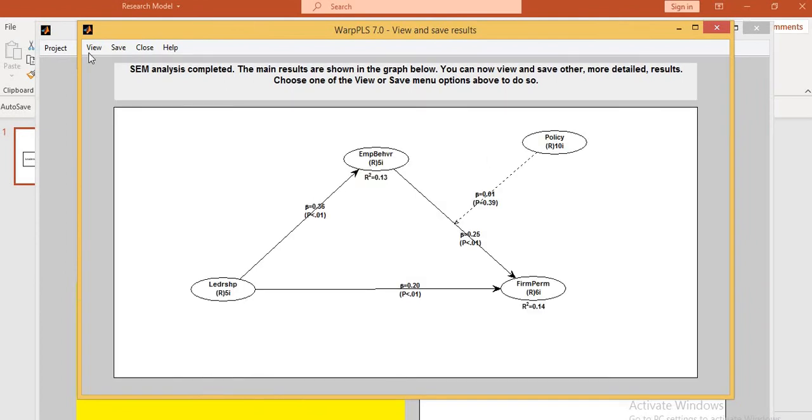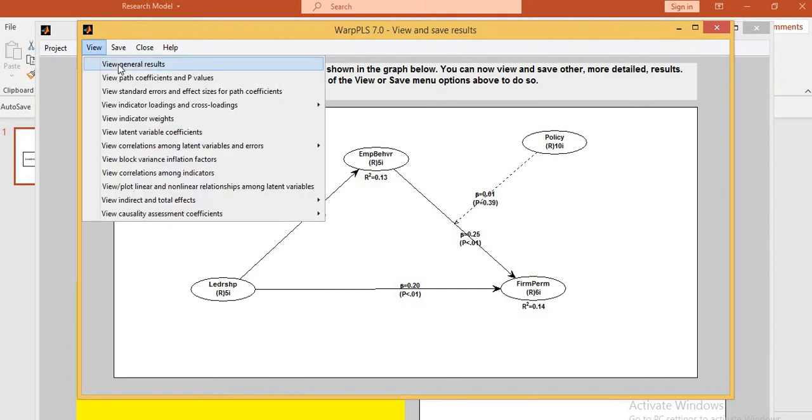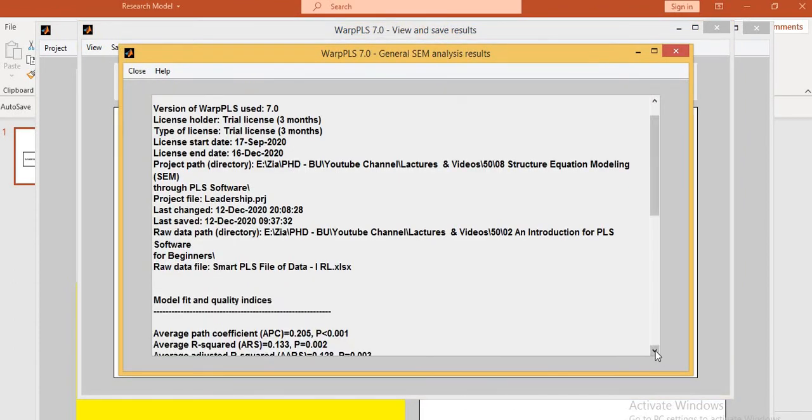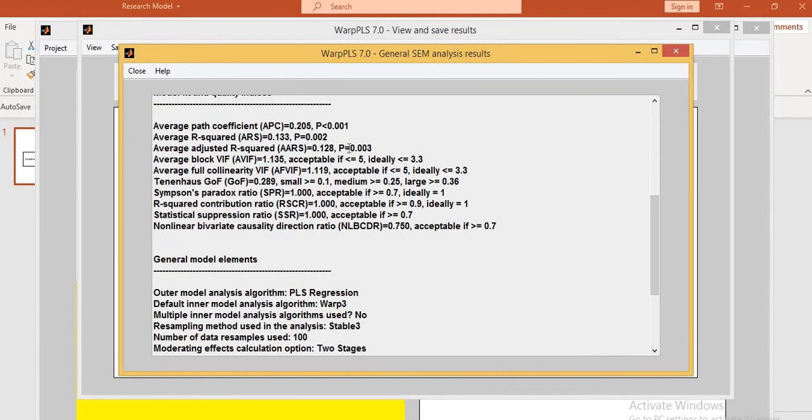Okay, look at this. What happened? This is a different structural equation model. When I change the structure, I need to recheck the model fitness values first. Is the model fit? Then I need to proceed further. Look at this. Earlier its p value was significant at 100%. Now its p value is significant at the 95% confidence interval.